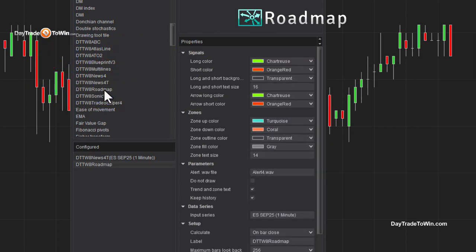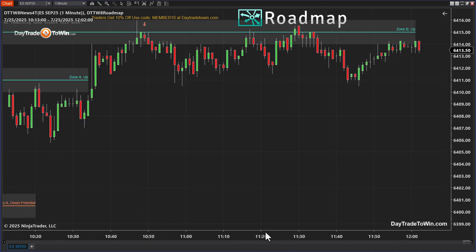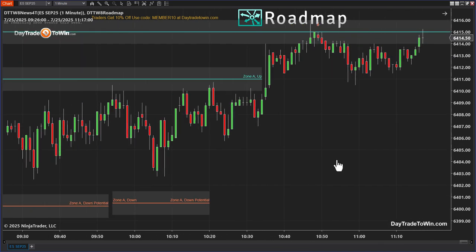And when I click on the roadmap, there's nothing here that you need to do. You can set the colors, you can set the size of the text because it gives you a text as well as an alert. But there's really nothing else you have to do here. It automatically configures it to the E-mini S&P,